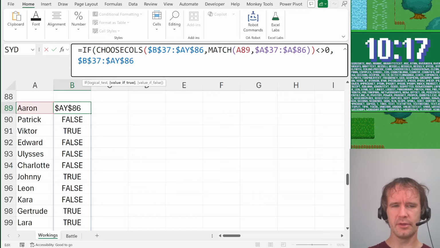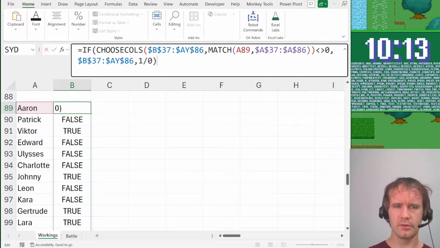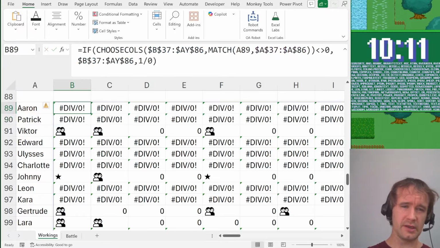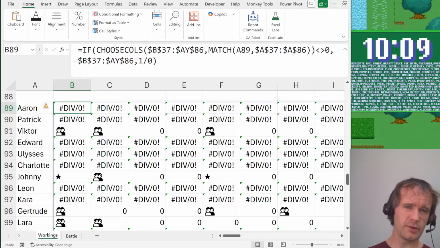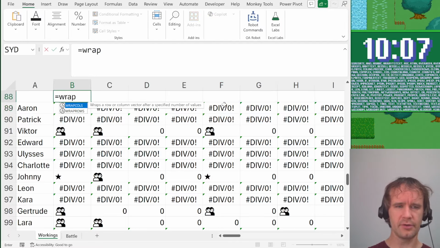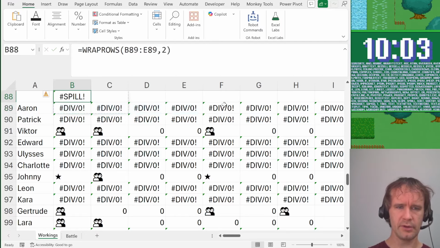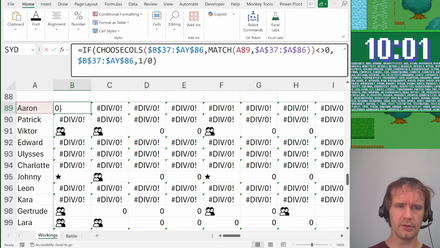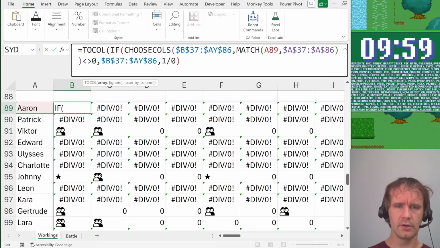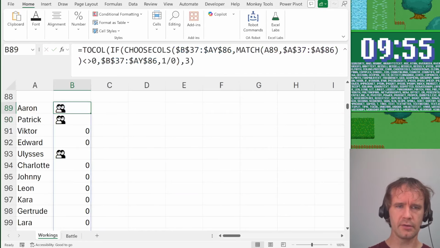Otherwise, give me 1 over 0. And then can I two call and then wrap row? Do I have wrap rows? I don't know. Let's see. Wrap rows of this by 2. Yes, I do. Okay, so then I think I can do this. So I can do two call. Let's just copy this in case I lose it. Two call that 3. Yes, and then wrap rows